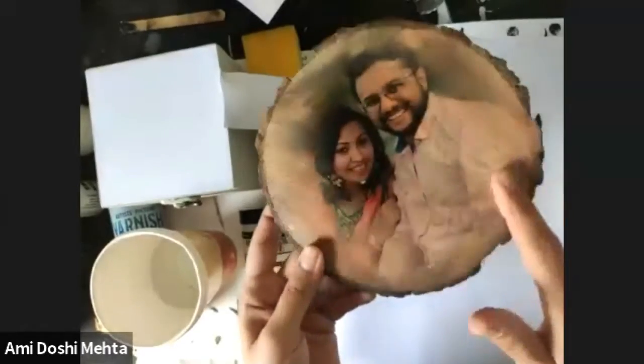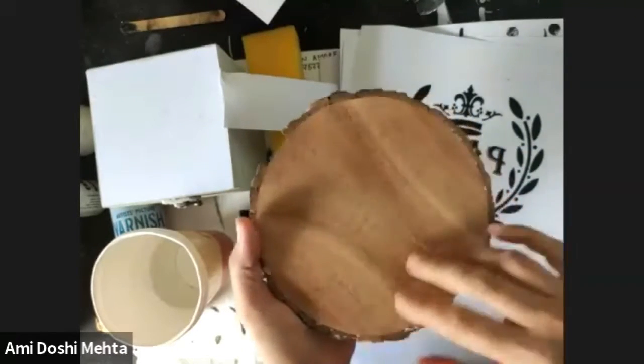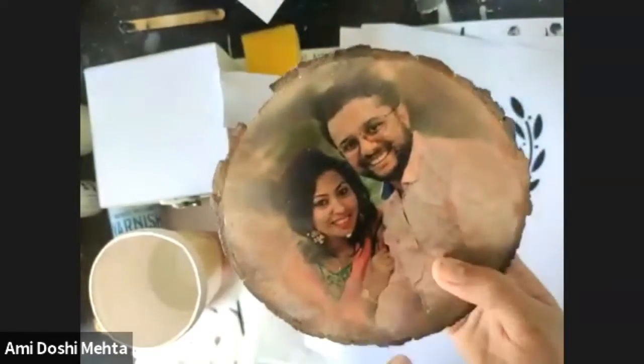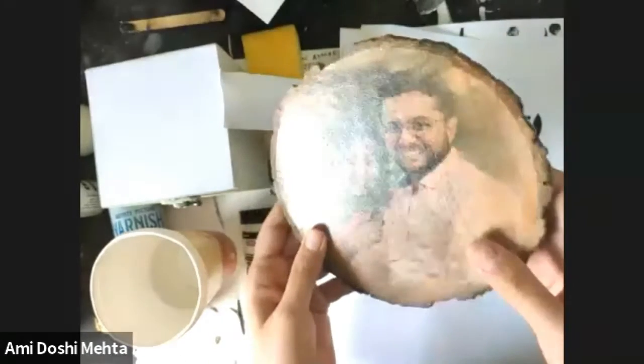I have transferred my own photo on it, directly on the wooden slice, because I wanted this natural look to be seen. As you can see, even the wood grain effect is visible, and it's looking very natural, and you see the shine. I'll show you how to transfer and how to seal the photo as well.